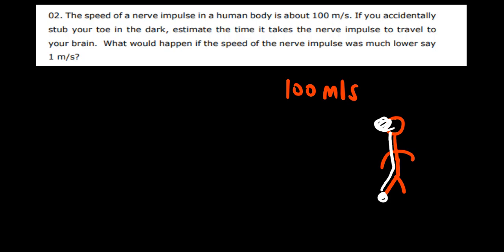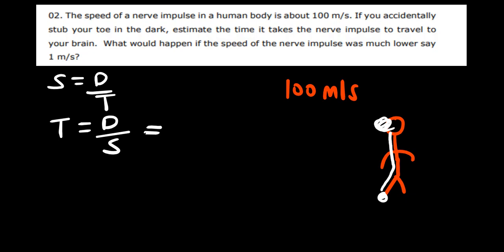Now you know that speed is equal to distance over time. So how are we going to find time? You make time the subject. Time will just be equal to distance over speed. Okay, now the first question is estimate the time it takes the nerve impulse to travel to your brain. So